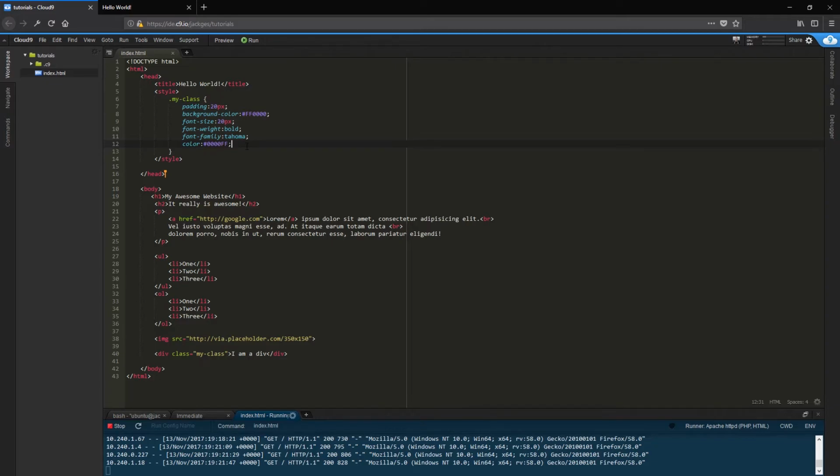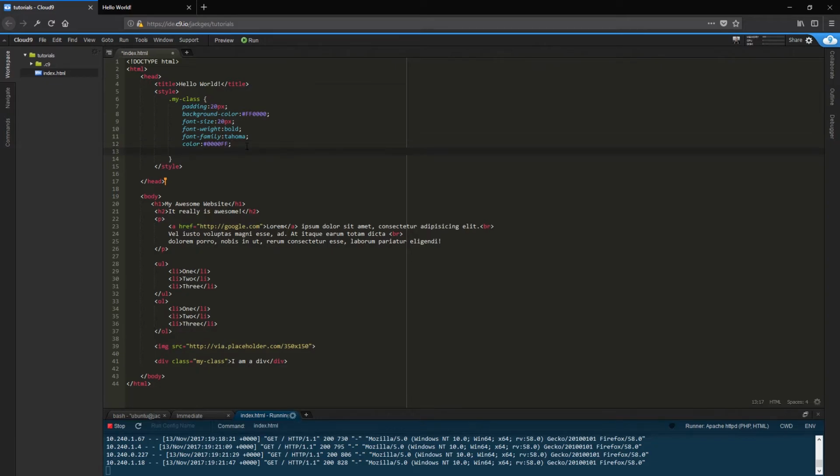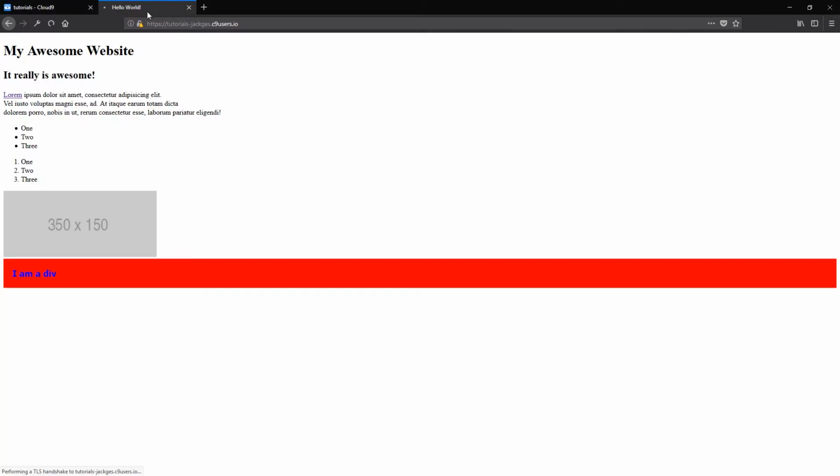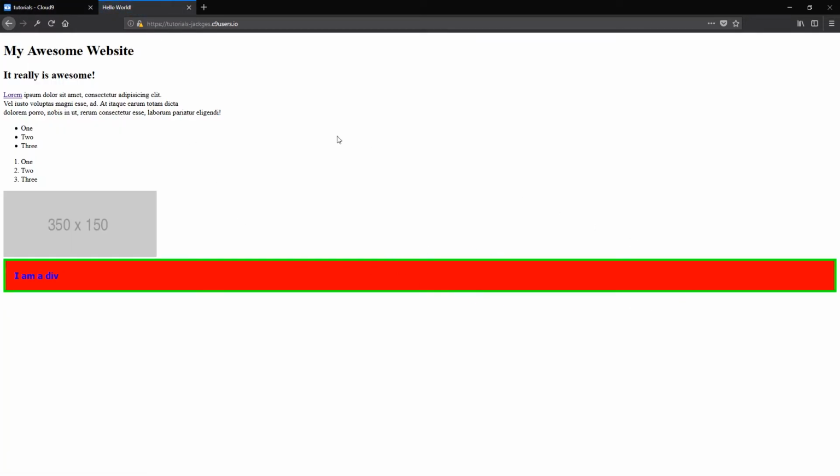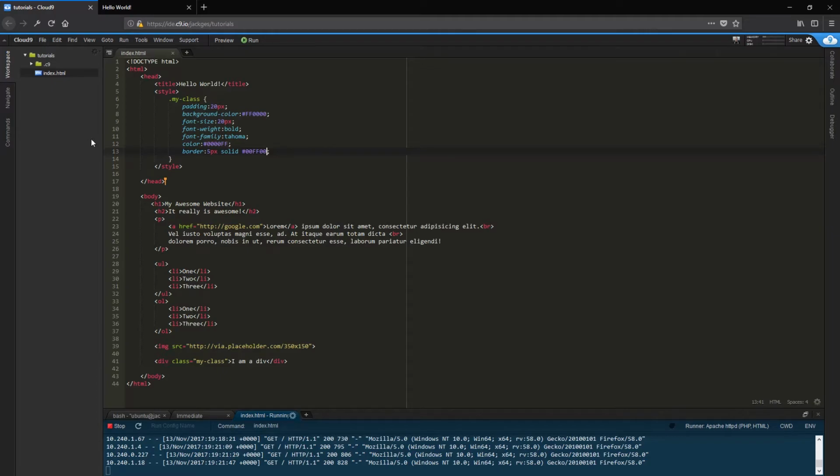And let's just add a border to a box. This is another one that's slightly different, so border, and this takes three values, which is why it's different. So we'll do 5 pixel border. It's going to be solid, a solid line, and let's make it green. So 00 FF 00. And refresh that. There we go, there's our green border. So that's some basic styling. There is obviously a lot more than that, but